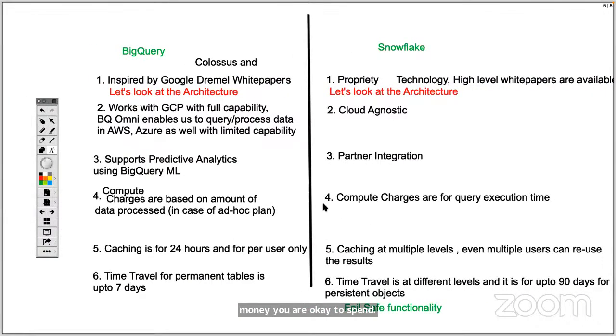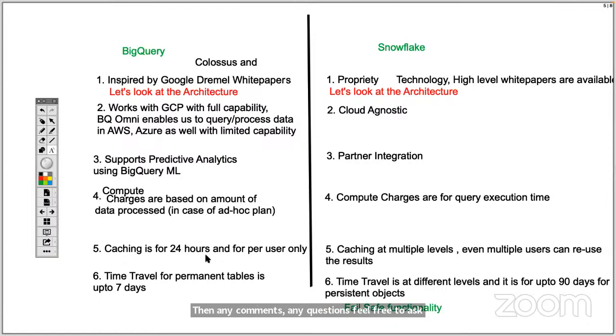Okay, so this is another interesting difference between Snowflake and BigQuery. In BigQuery, we can't see any virtual warehouse. That means the compute layer we cannot even see in BigQuery, but in Snowflake we can see that compute layer. Any comments, any questions, feel free to ask. Otherwise, I'll move to the fifth point, which is caching.